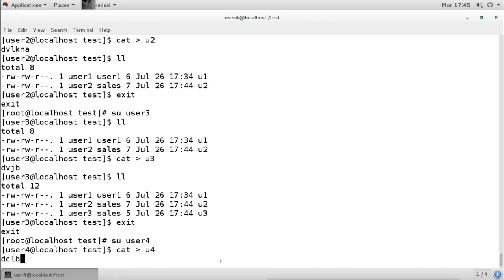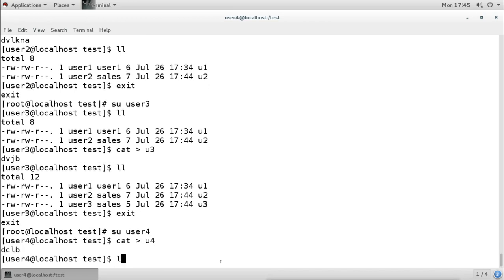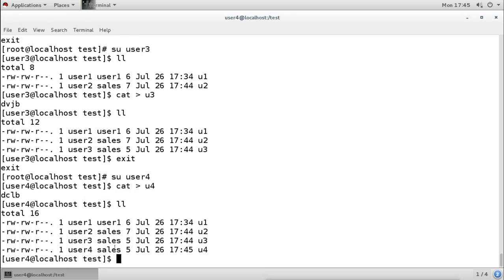So it is inheriting the group permissions from the directory, because we set the GID of the directory. So this is Set GID, SGID, and this is the second bit.